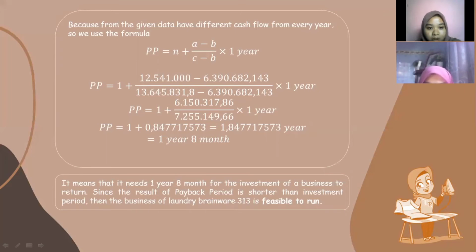So we get the PP or payback period equals 1 plus 12,541,000 minus 6,390,682,143 divided by 13,645,831,8 minus 6,390,682,143 times 1 year, and then we get the payback period is 1 plus